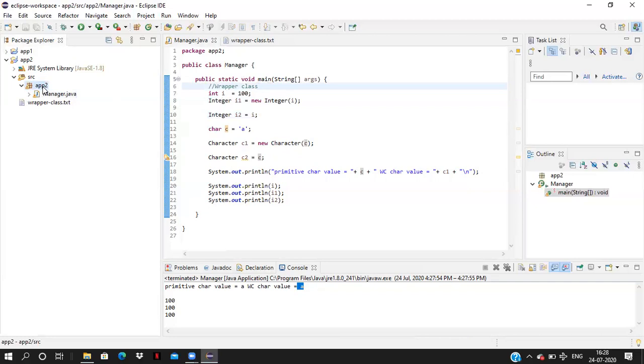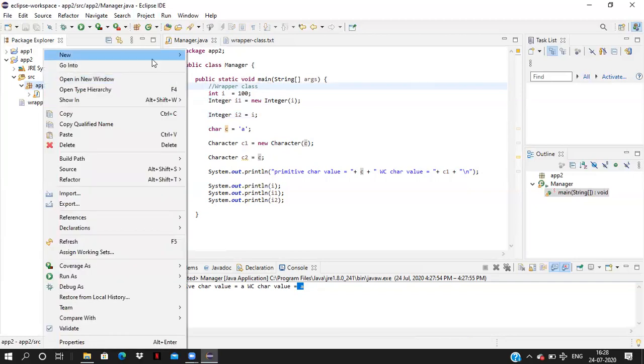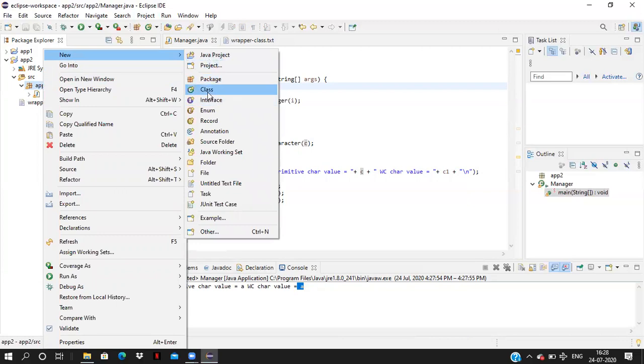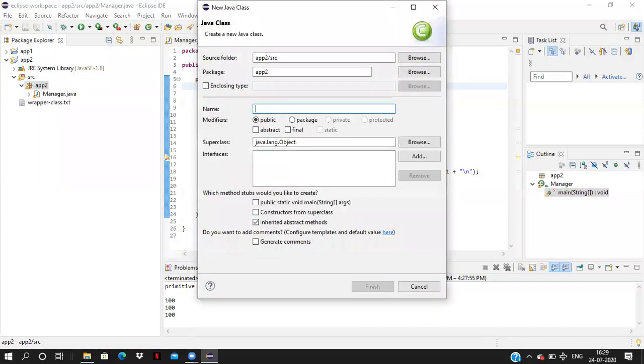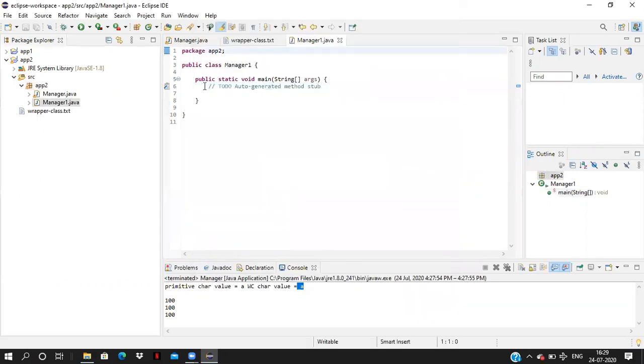Now we take an example of auto unboxing. Go to the class, right click on the application, go to new, creating class. Manager1. I want the main method. Inside Manager1, I selected this main method. Finish. Now it created the manager class for us. Now inside the main method, I want to show how to do unboxing.